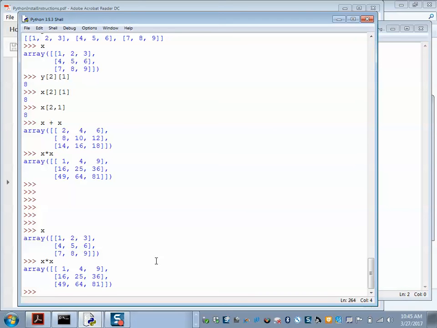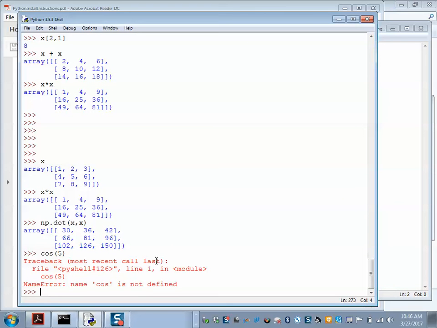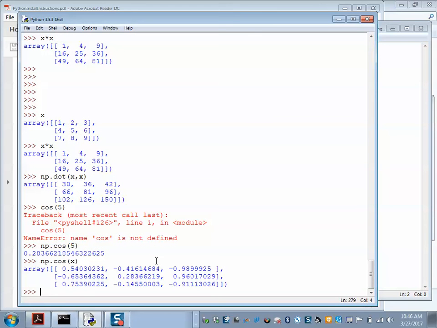If I wanted to do matrix multiplication, I would need to use the numpy dot command. That gives me matrix multiplication of X and X. You'll notice the dot command exists only in NumPy, so I need to precede it with np dot to access it. A little annoyingly, cosine is not part of basic Python. I could import math to get cosine and sine, but it's also in NumPy. So I can do np cosine, and of course I can do np cosine of x, and that will give me the element-wise cosine of my